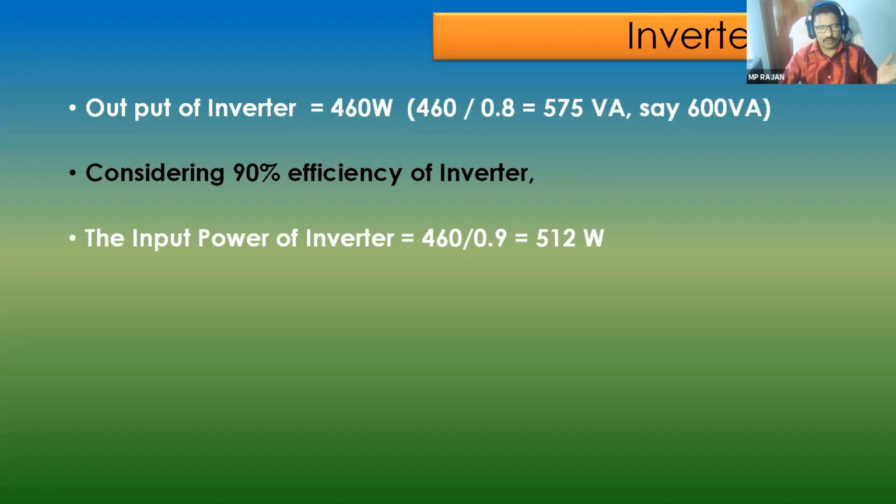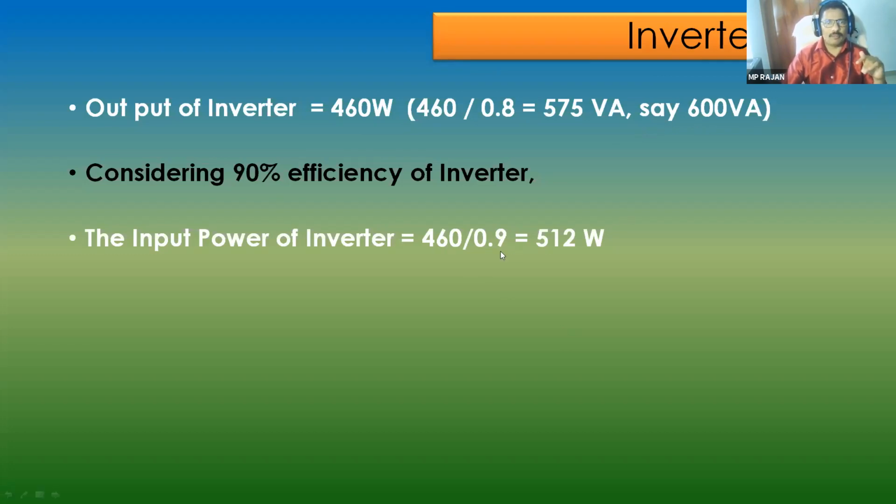I told you, system DC voltage. If our DC system voltage is 12 volt, in our case this will be 12 volt because this load is less than 1 kilowatt. So 12 volt, as it is less than 1 kilowatt. The inverter input is DC, so you have to see what the DC range is. Whether it is sine wave or square wave, always sine wave is better. What is the frequency, what is the efficiency. There are many losses between input and output. Loss is to be taken into account. So you can go for a 600 VA inverter.